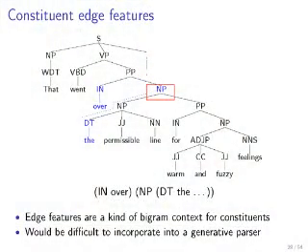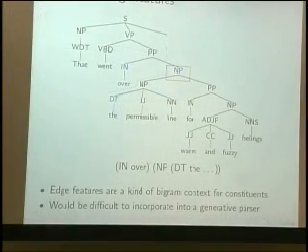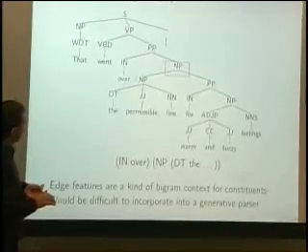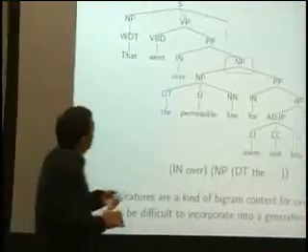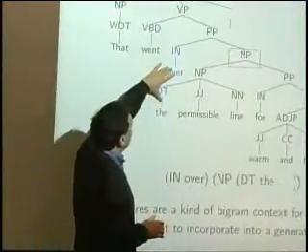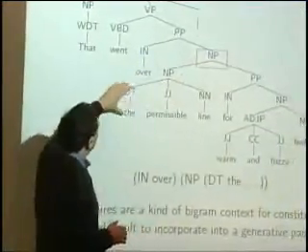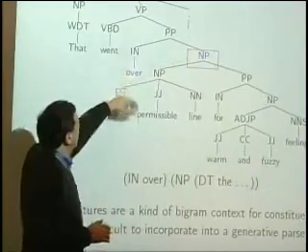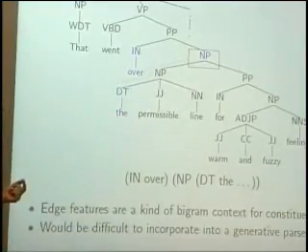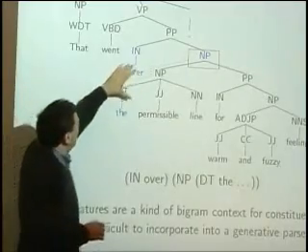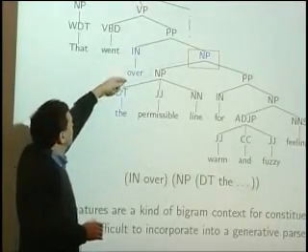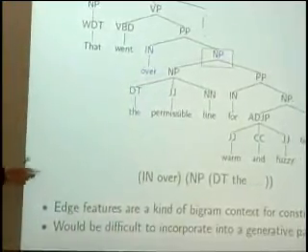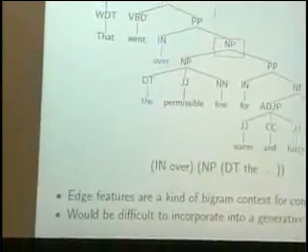Here's an example of something somewhat closer to one of those Hail Mary or shotgun features I was talking about before. For every constituent in the parse tree, we record what I sometimes call edge features. So for this noun phrase over here, I'd record the fact that at its left boundary we've got the, and that's immediately preceded by the preposition over. Things like that are a very powerful feature for predicting boundaries, for example of noun phrases. If you see a preposition followed by a determiner, there's probably a noun phrase that begins there. And this is an example of the sort of feature that would be very hard to incorporate into a generative parser.